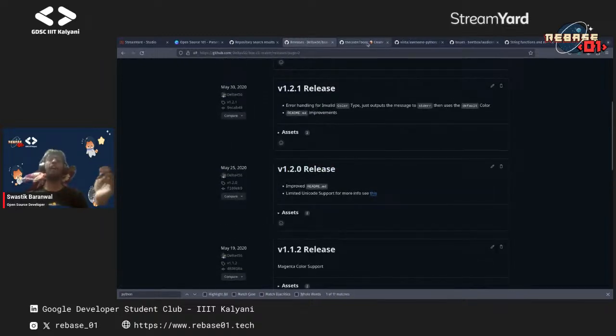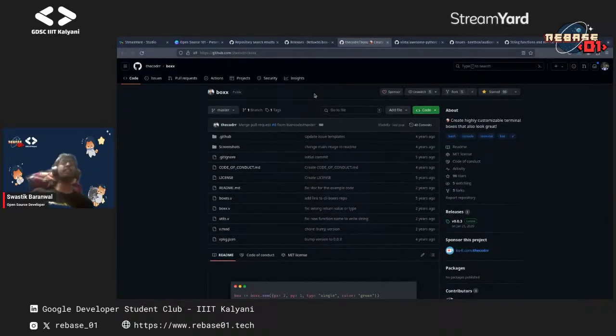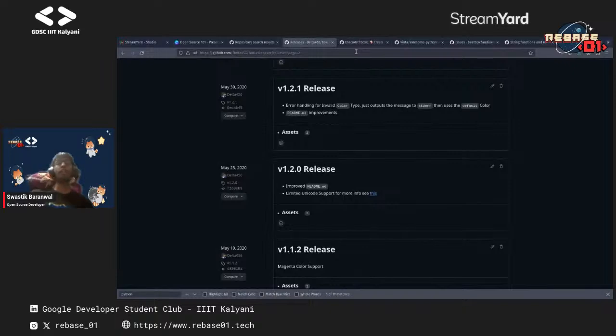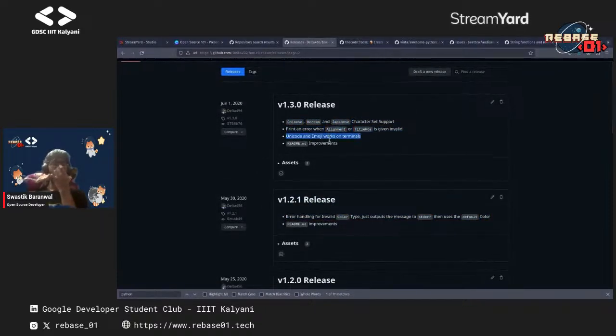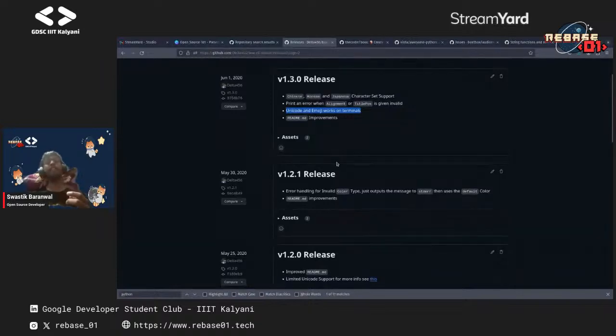After that, when I learned how the library is built, I started to implement my custom features which were not implemented in the original library. For example, this was implemented in the original library, but I understood how it worked and implemented it my own way. After that, I started to implement these many features which were not there in the original library I ported from, because I understood how it worked.